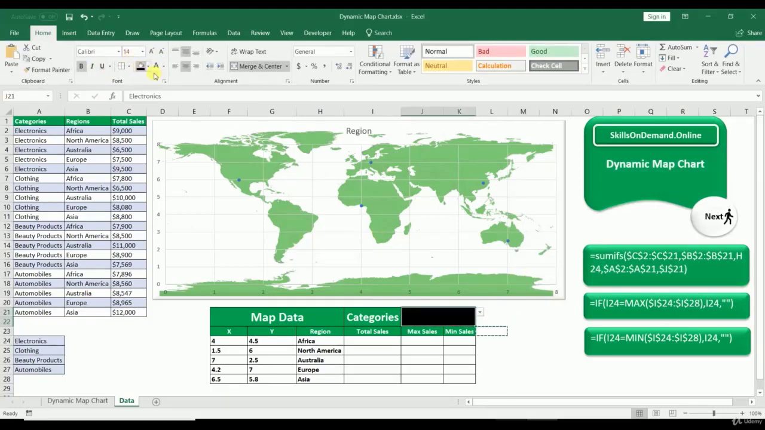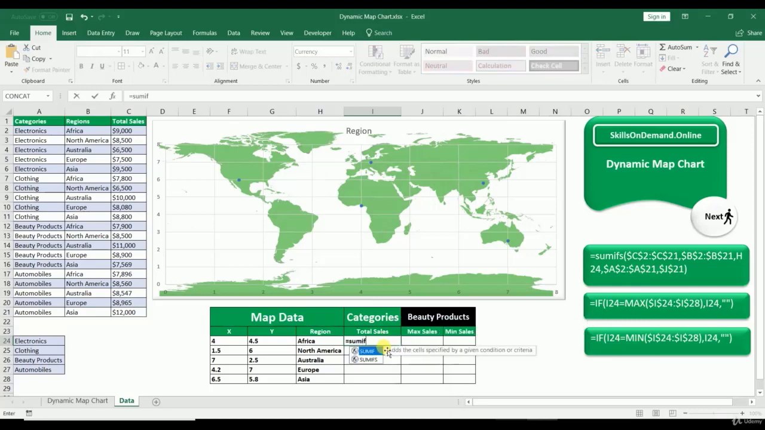Now we need to set a reference way when a user selects electronics from the drop-down. The total sales should reflect pertaining to that region on the map. For this, we need to use the SUMIF formula. So let's do it. In row I-24, insert the formula equal to SUMIF, open bracket, select the data range C2